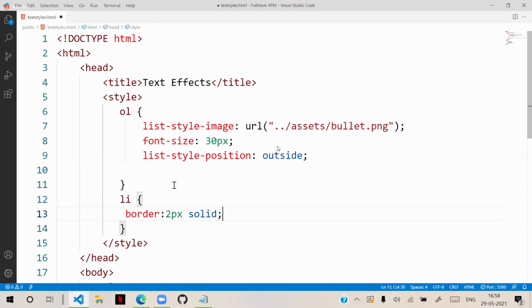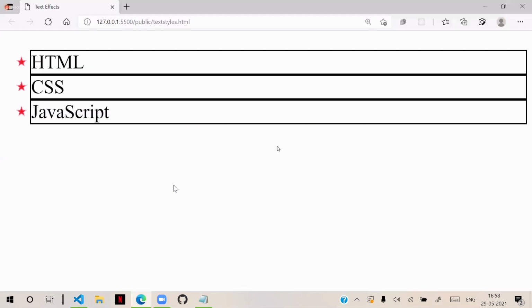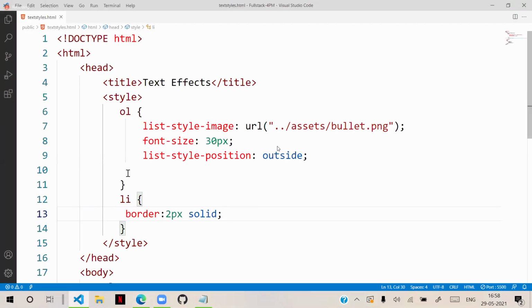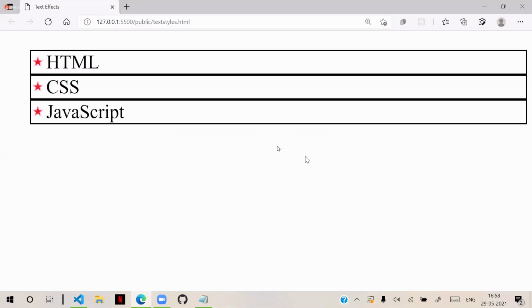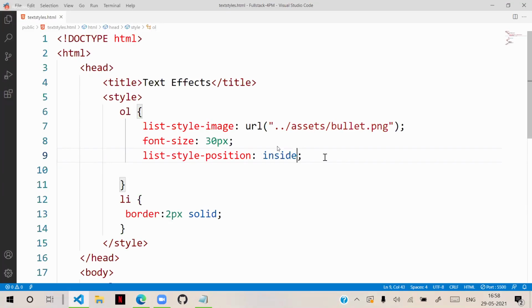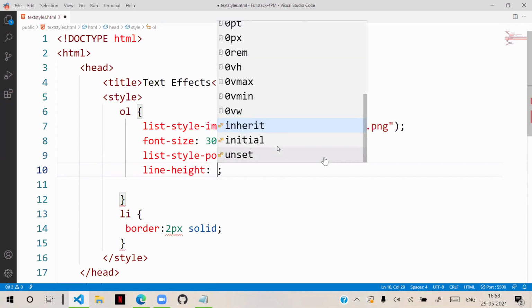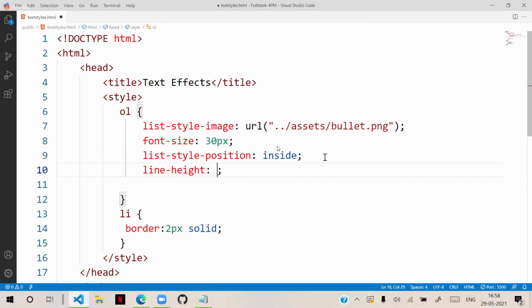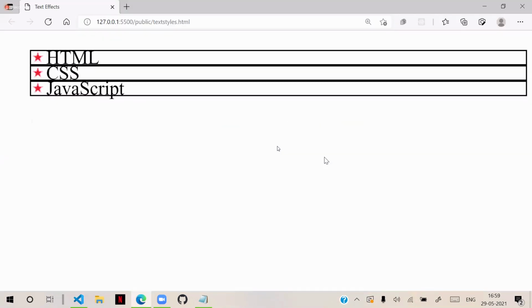Now you can see that when we give the border for the list item, the symbol is outside. I can keep list-style-position as inside, then you can bring it inside. You can also adjust the line height, say 20 pixels, and it will adjust the line height.